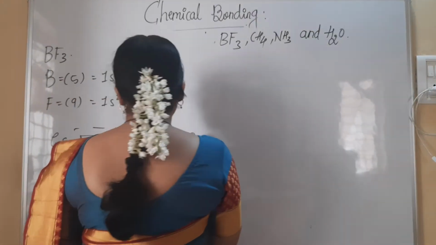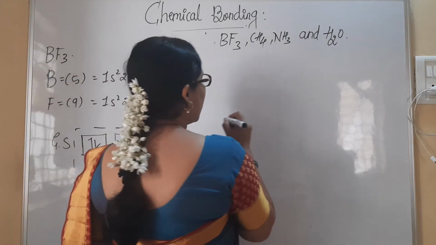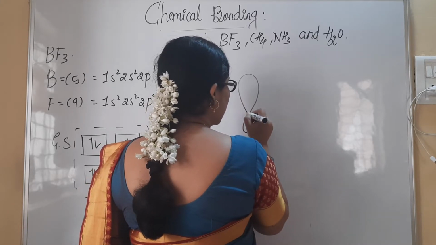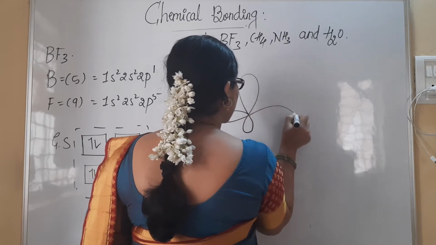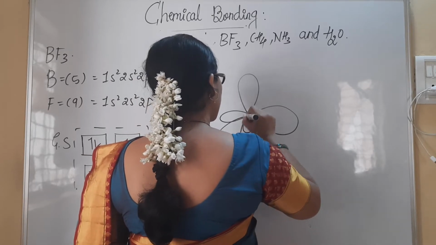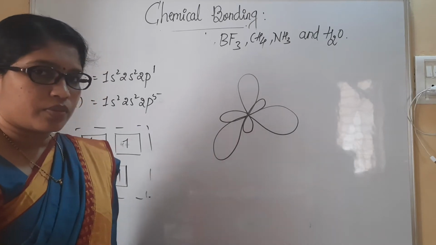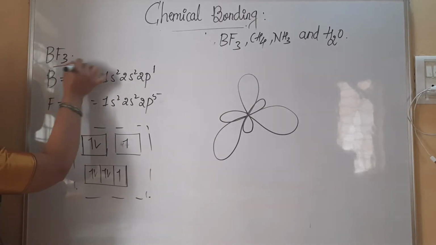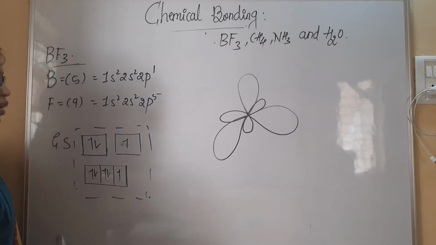Now see here, I have the boron trifluoride molecule. As I told you, this boron is going to be intermixed in such a manner that it will form 3 orbitals. This is the first one. Similarly, it is going to form one more orbital. It is like this. And it will also form one more orbital in this fashion. This is the boron atom. Now I need 3 fluorine atoms here because there will be 3 valence electrons present.